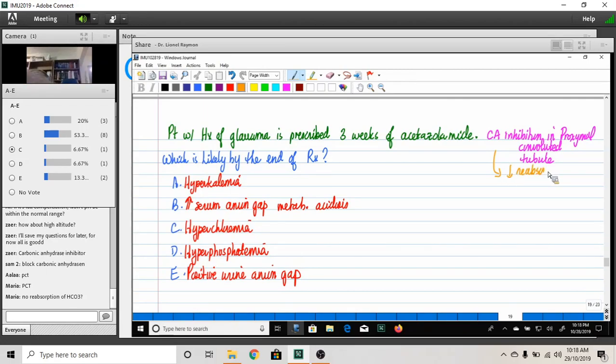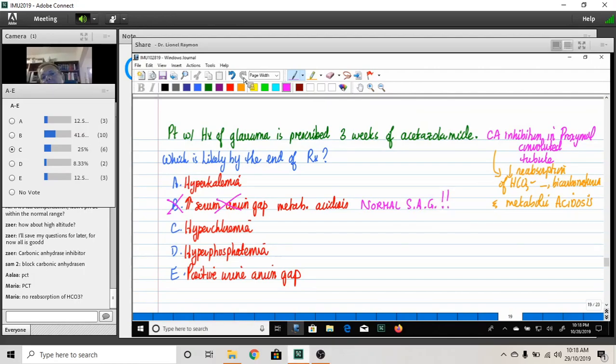It means it'll decrease reabsorption of bicarb, causing bicarbonaturia, and of course, metabolic acidosis. So of course, I'm looking at this, and most of us went for answer B, an increased serum anion gap metabolic acidosis. However, it's wrong because it will be with a normal